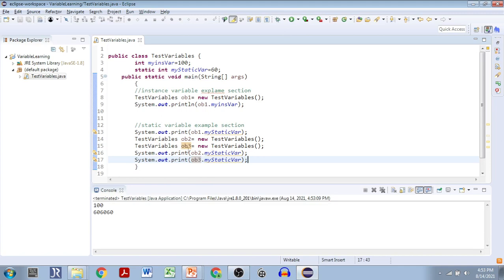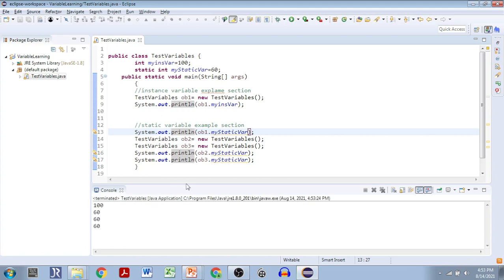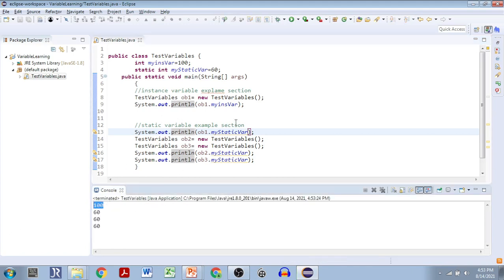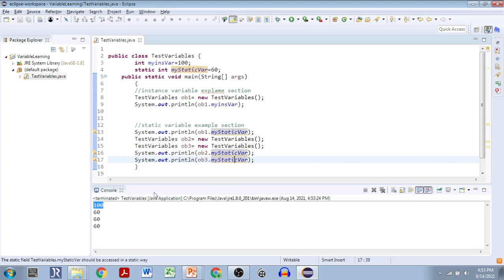Yes, so this 100 is printed for this particular instance variable only. Whenever the 100 is printed for the instance variable, the 60 is printed for the static variable.